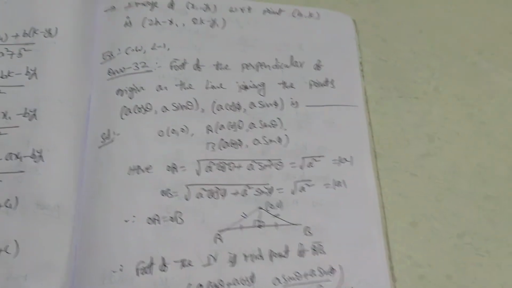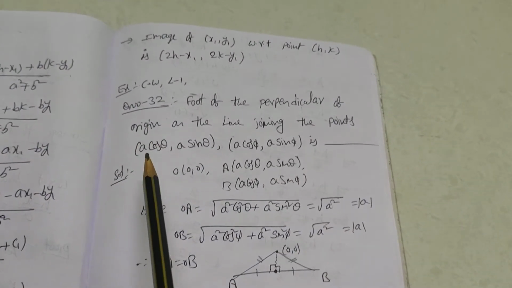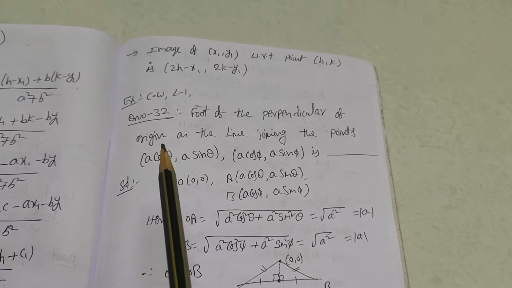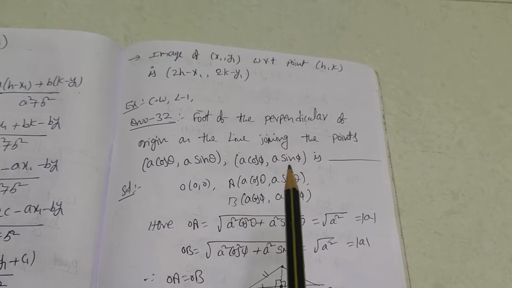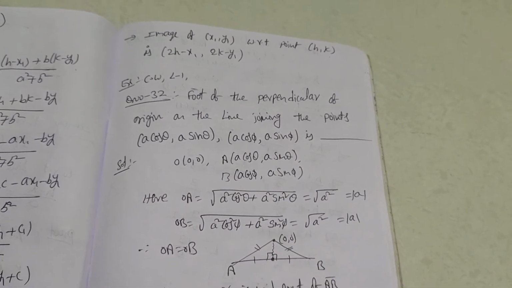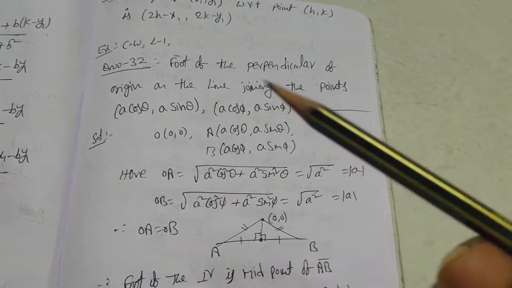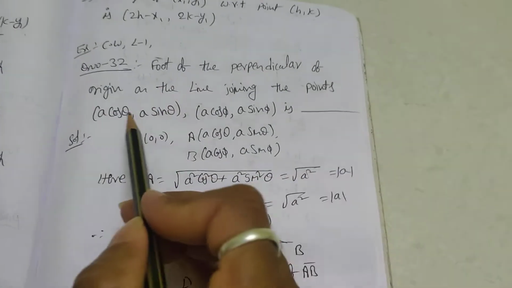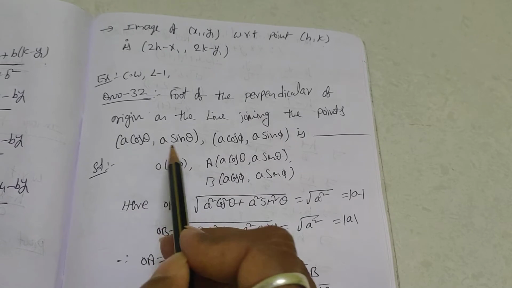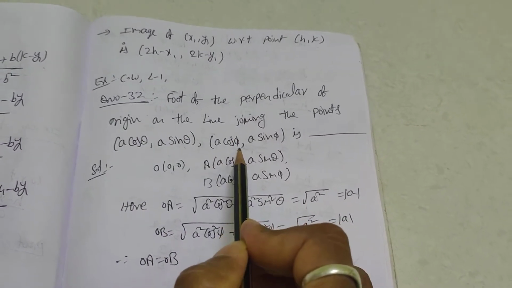Old students can understand the distance from origin to a cos theta, a sin theta is the same as we have for origin to a cos phi comma a sin phi also. In previous classes I gave. So new students, from now onwards, just remember: from origin, if a cos theta, a sin theta, the angles are different but the coefficients are equal, then the distances from origin to these points are equal.